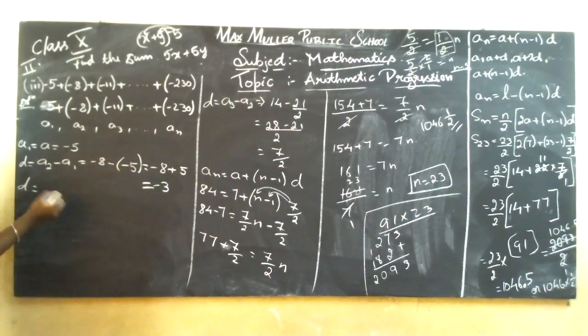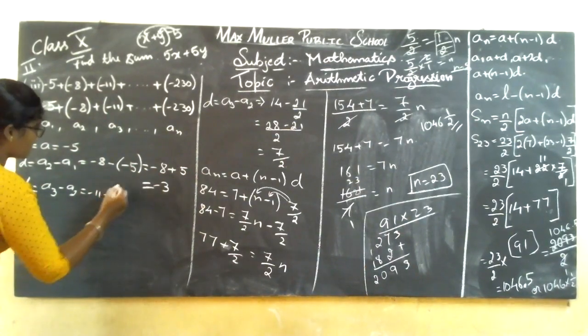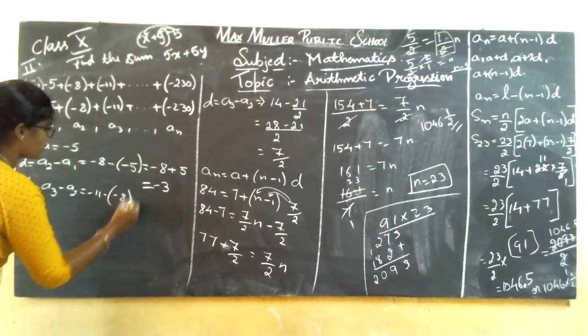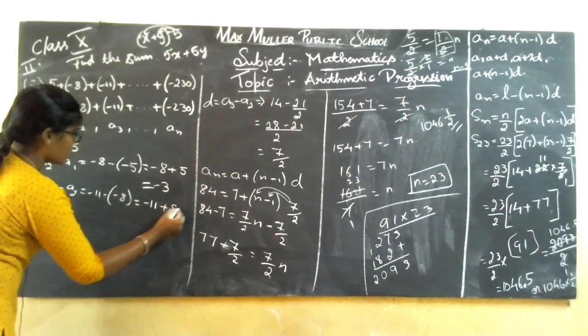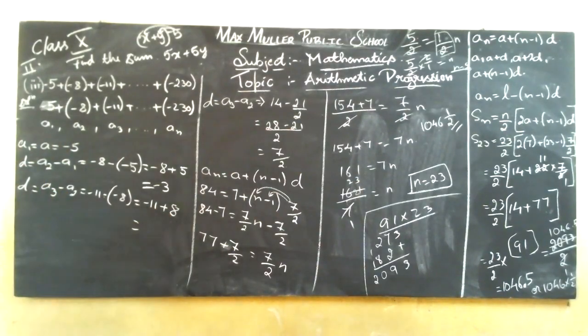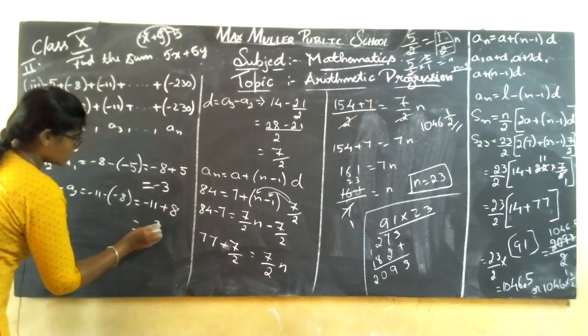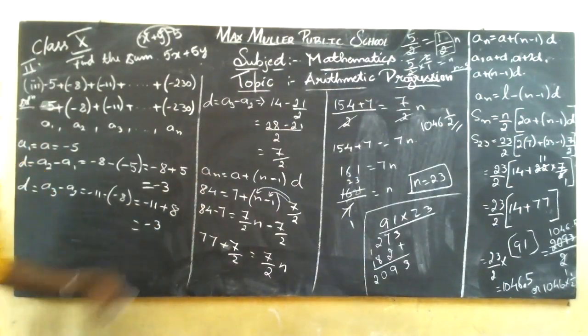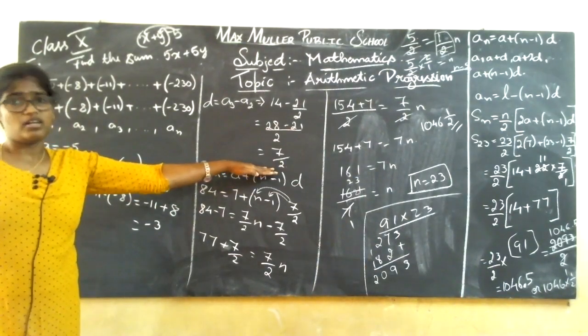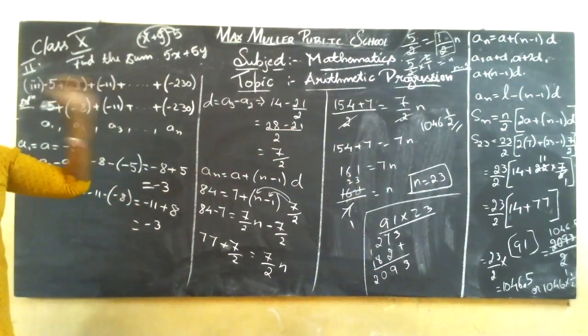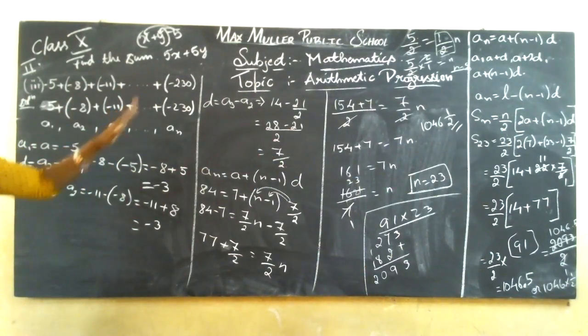Let me check the D value. That is A3 minus A2, which is equal to, what is A3? Minus 11 minus of, what is A2? Minus 8. So what do you get? Minus 11 minus into minus is plus 8. So in 11, if 8 goes, how much is left? After 8, 9, 10, 11, 3. So again 3, which is the greater number? 11. So minus sign. See, initially when you had fractions, the D value went till here. But when you have whole numbers or integers, you will get it till here.